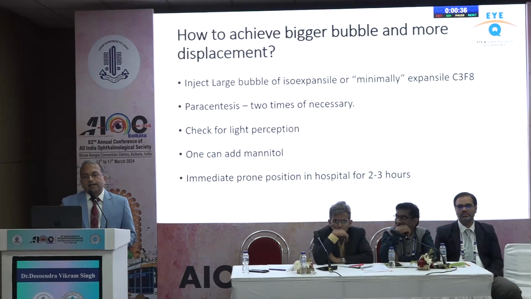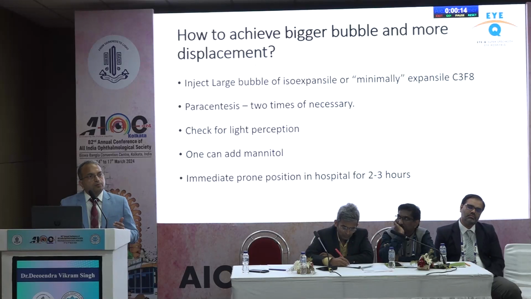What I do is I take 0.2 ml of C3F8 and then I make it 0.6 ml by adding air through the filter, so that now I have 0.6 ml of minimally expansile gas in a 1 ml syringe, and I try to get a very big bubble on the table itself. And if IOP starts getting high, once you cross 0.4, 0.5 ml, I do paracentesis and check for